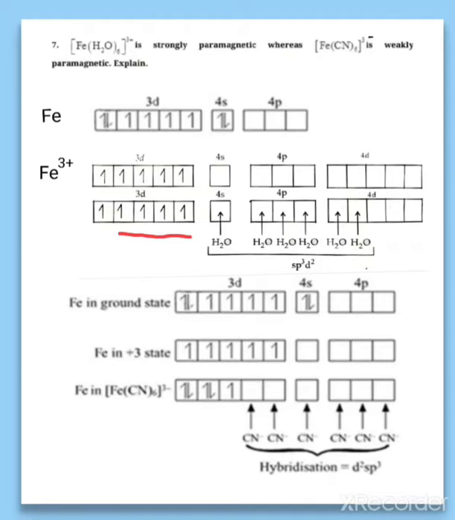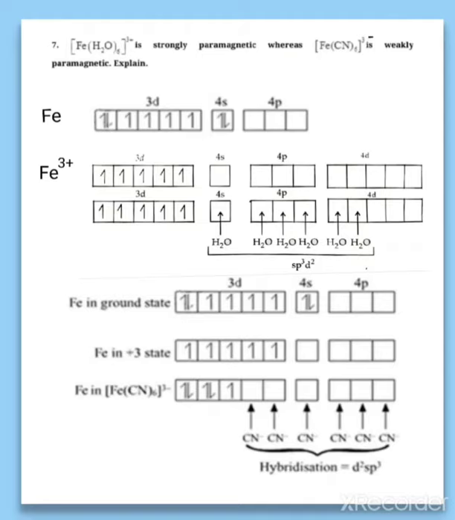So how many orbitals are required to coordinate? That is 6, because the coordination number is 6. So the 6 empty orbitals undergo hybridization. That is the 4s orbital, three 4p orbitals and two 4d orbitals. So these orbitals undergo hybridization, that is 4s, three 4p and two 4d. This type of hybridization is called sp3d2 hybridization. So let us do the next one.